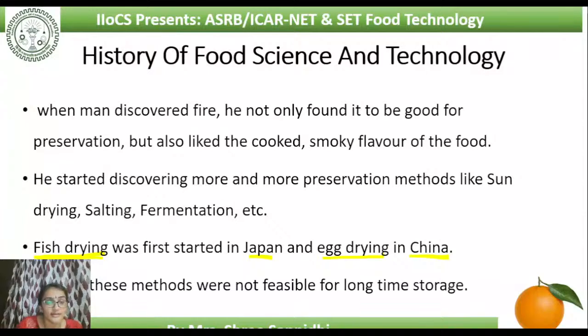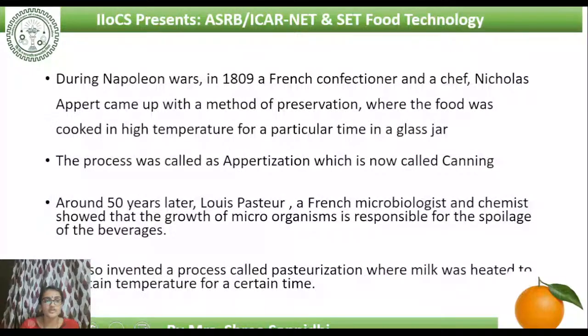But still, these methods were not feasible for long storage. All these methods couldn't extend it for a long time. So travelers and soldiers had to find some other method. That's why during the Napoleon Wars in 1809, a French confectioner and chef called Nicolas Appert came up with